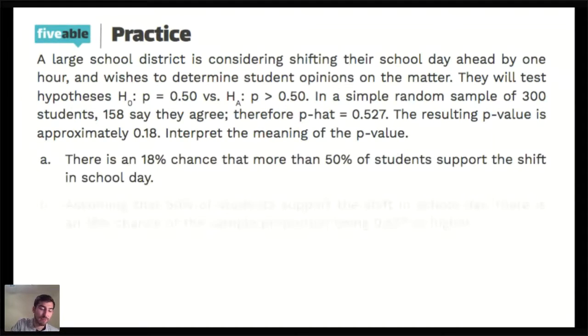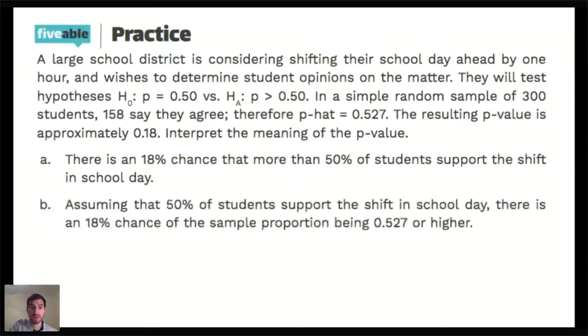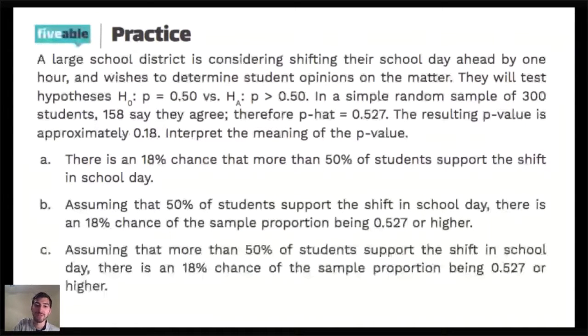Does it represent that if we assume that 50% of the students support the shift, there is an 18% chance of the sample proportion being 0.527 or higher? Or does it represent that assuming that more than 50% of students support the shift in school day, there is an 18% chance of the sample proportion being 0.527 or higher? One of these is the correct interpretation of that 0.18 as a literal p-value. So we want to trust the null hypothesis, and the p-value is going to represent